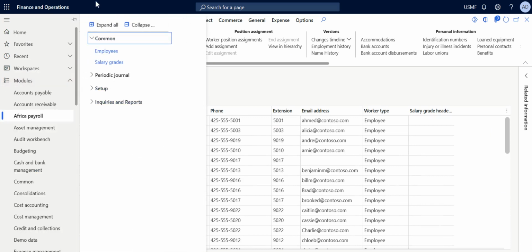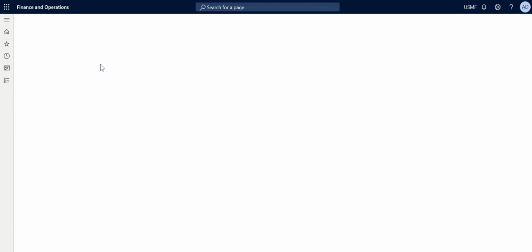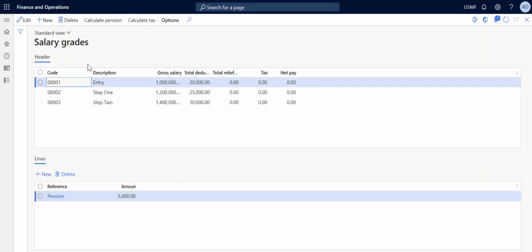Then we can also go back to look at the salary grade. On this salary grade, we basically set the salary grade, just like in every establishment where there is a grade level to the salaries. You have an entry level, you have either step one or whatever nomenclature the establishment normally uses to grade their salaries. This is just an example, where we have entry,